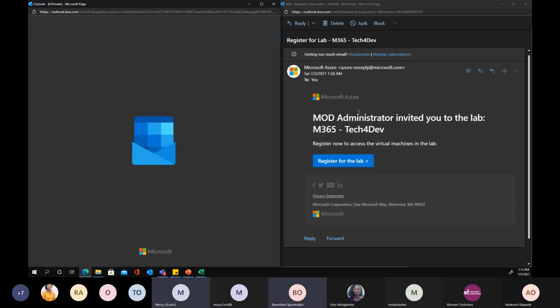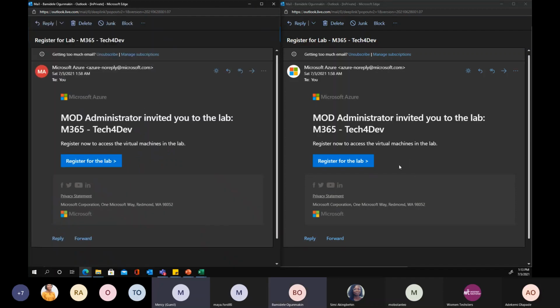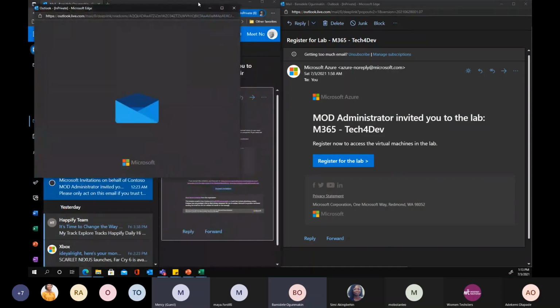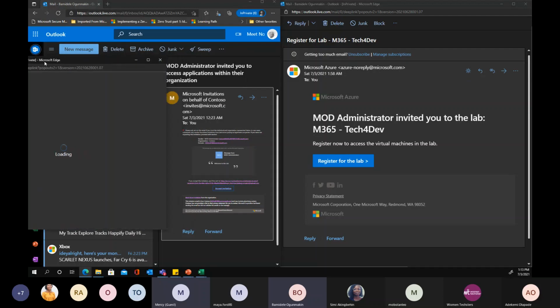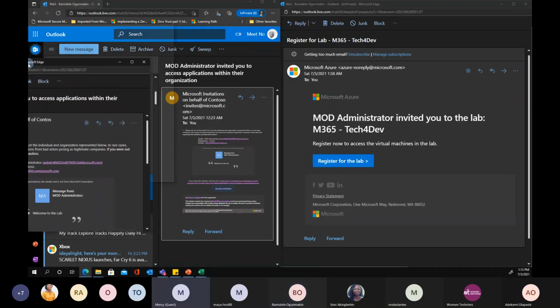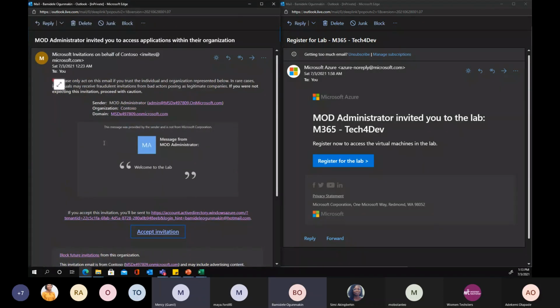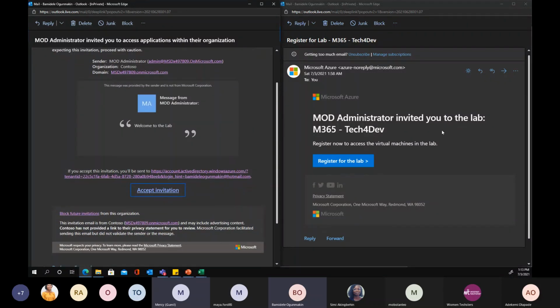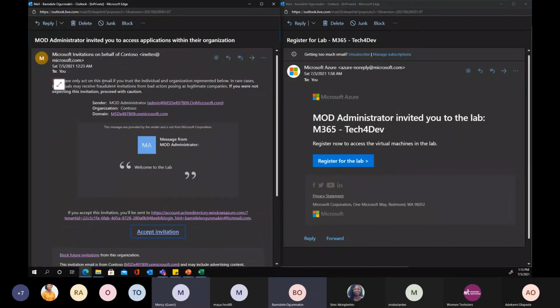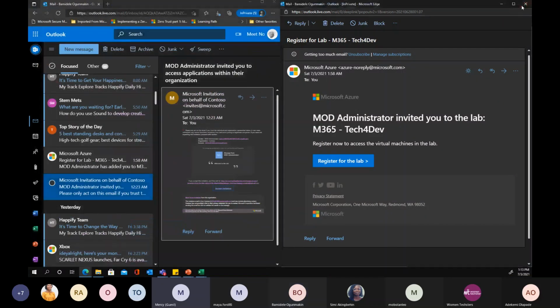So on the left side of the screen is going to be the Azure invitation. On the right side of the screen is going to be, okay, so this is virtual machines. So left side of the screen is the invitation to Azure, and you have to accept it. Right side of the screen is access to the lab. You have to register for the lab. For the Azure, if there is anyone